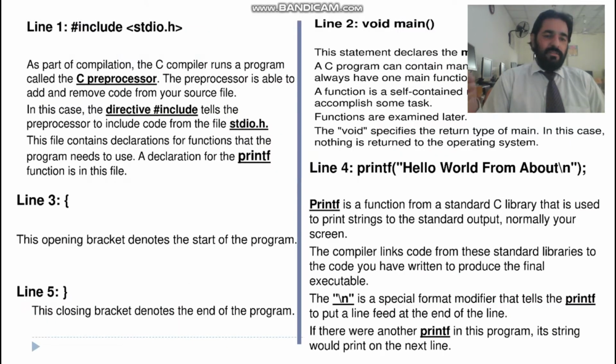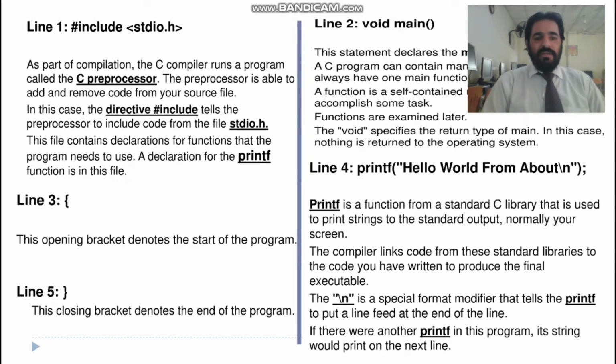This is a description of this program. Line 1, #include <stdio.h>, very basic. As part of compilation, the C compiler runs a program called the preprocessor. C preprocessors are able to add and remove code from your source file.